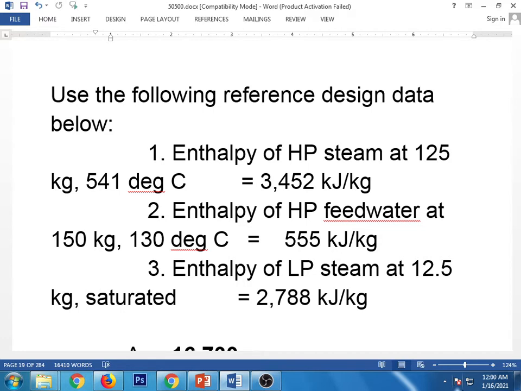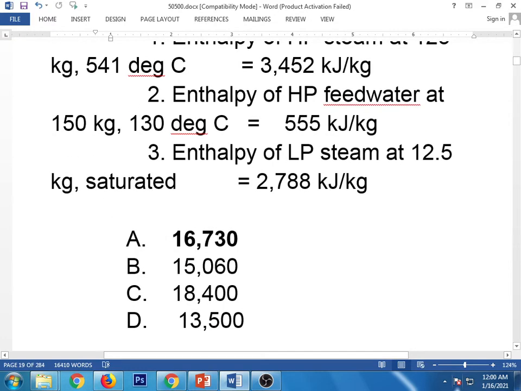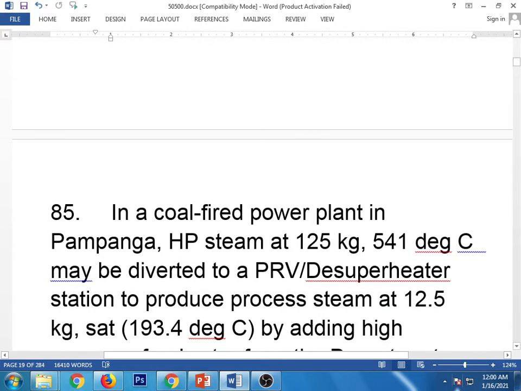Enthalpy of LP steam at 12.5 kg saturated is equal to 2,788 kJ per kg. Answer: 16,730. 85. In a coal-fired power plant in Pampanga, HP steam at 125 kg, 541 degrees Celsius may be diverted